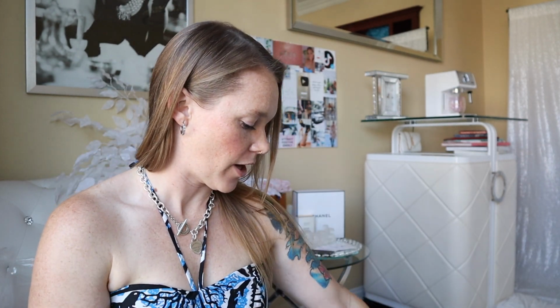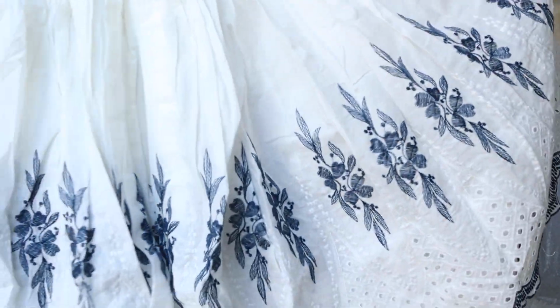Okay, moving on. And this dress is brand new to their collection. I think the ombre one is brand new too. But this is on their website right now as one of their brand new dresses, like one of the first 2 pages. And I think it looks perfect for really any vacation. But I particularly have Catalina in mind with this one. You're gonna see why. It kind of looks like Grease, to be honest. Wow, look at it. Okay, well, it's sheer, so I'll probably have to figure that out, but